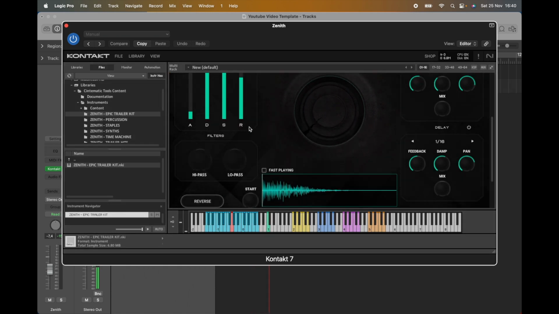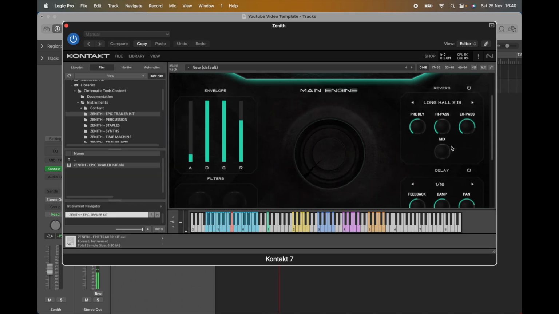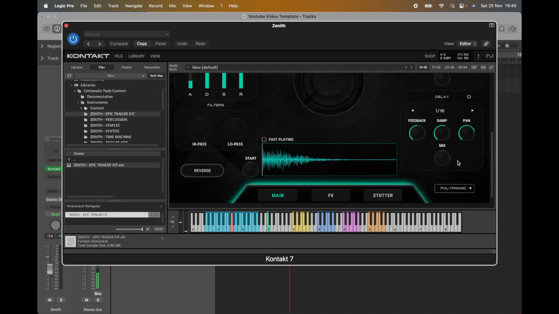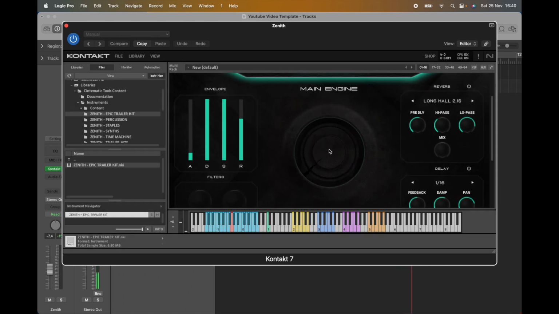It's got an ADSR, a reverb effects section, and a delay effects section. It also has a window here so we can actually see the samples that we're playing. And then either side, we have a high pass filter, a low pass filter, a start and stop pan pot to choose where your sample stops and starts. And then we have a reverse button as well, so we can just flip our samples 180 degrees. And then, oh yeah, we have the